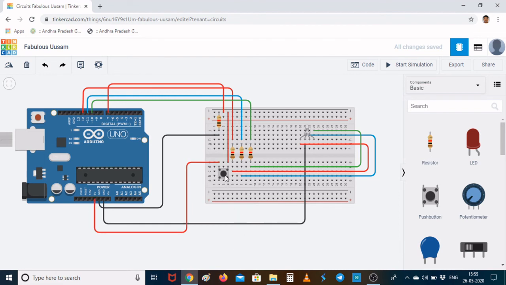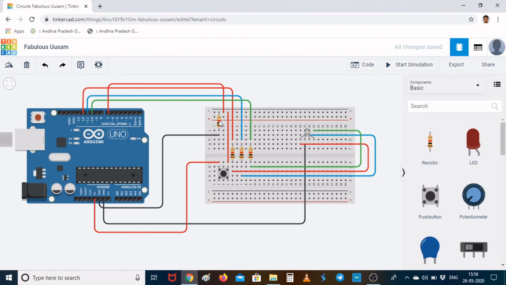So what happens when I press the push button? The connection will be established and pin number 7 will be given 5 volts, right? Once the push button is pressed, only then we want this LED to be blinking. Also, this resistor has been used here from pin number 7 to the ground. Why? If this resistor were not there, pin number 7 would be directly connected to 5 volts when the push button is pressed, and that may damage the push button. That is why we are using this resistor between pin 7 and the ground.